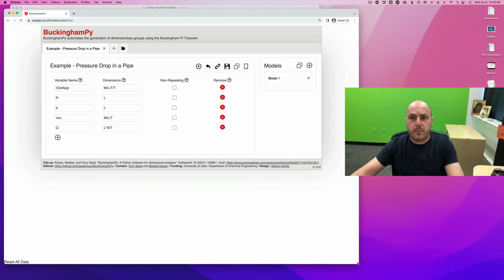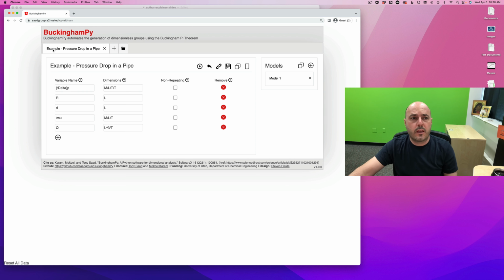Once you open up this software, it is going to start with a basic example, which is a pressure drop in a pipe. There's a lot of things going on over here, and I'll try to explain them as best I can. So first, you are loaded into a default session in which you can input your variable names, the